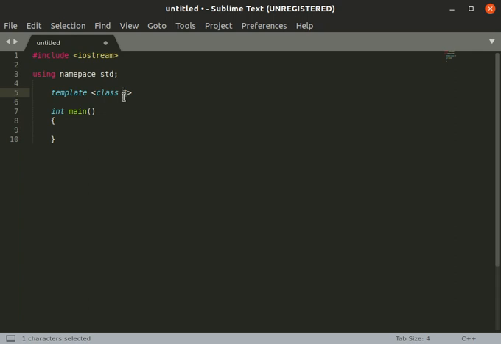The naming conventions are similar to the variables which we have seen previously. So you can replace this T with any kind of data type.